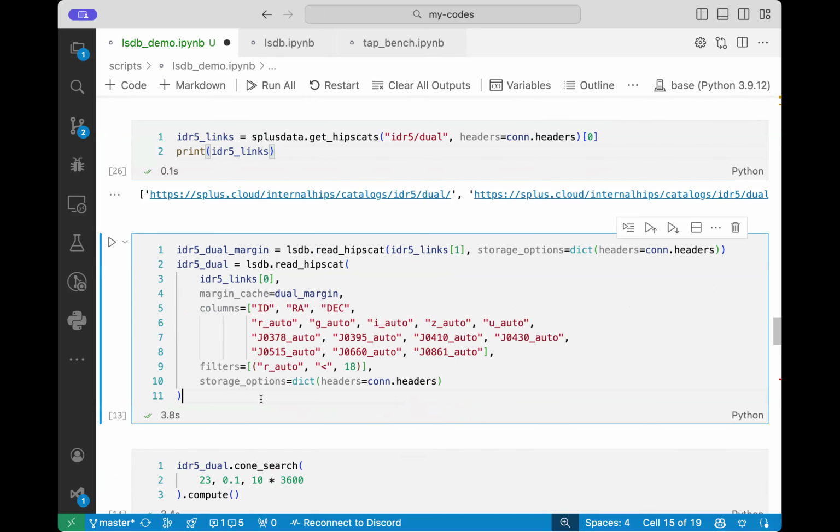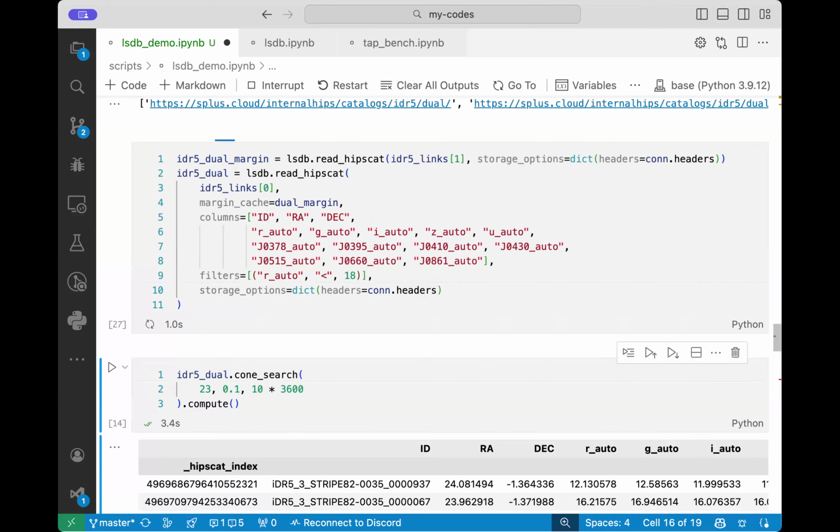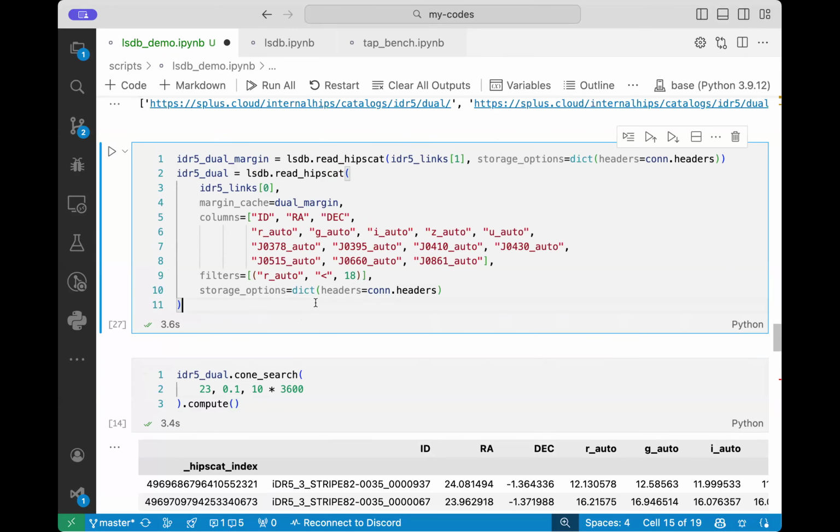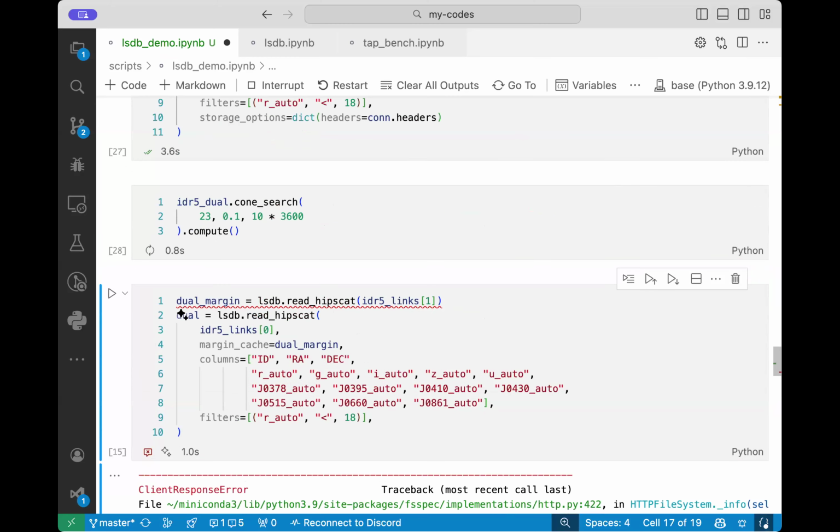And I'm going to show working and failing. Okay. So here it's just with the DR4, but now IDR5 links. And I need always to pass the headers to get the internal data. So I will show this working, and I will show this failing also. So it ran. And now if I want to do a cone search,